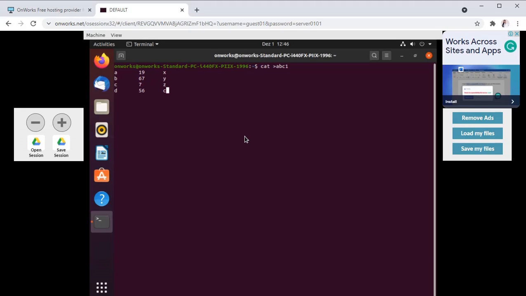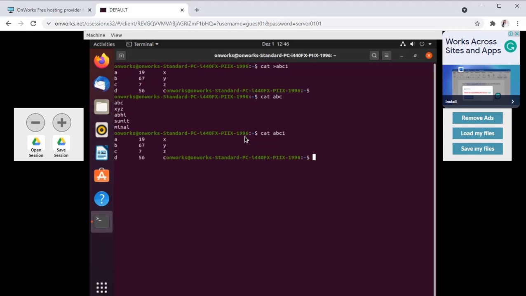Control D. Now cat abc, and cat abc1. The contents of these two files are these.